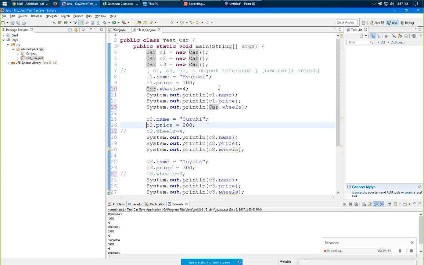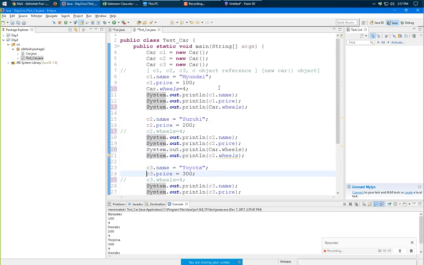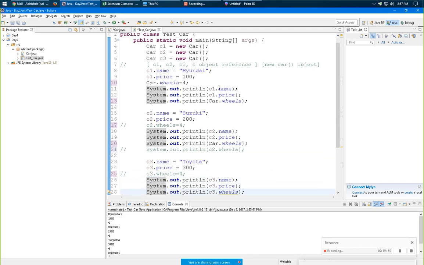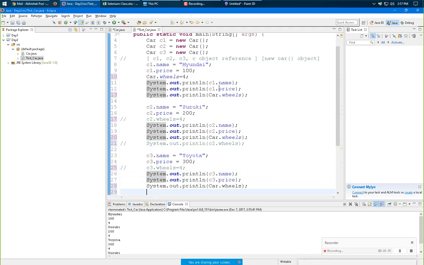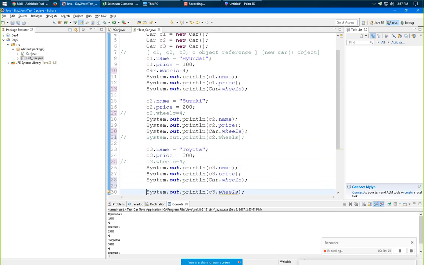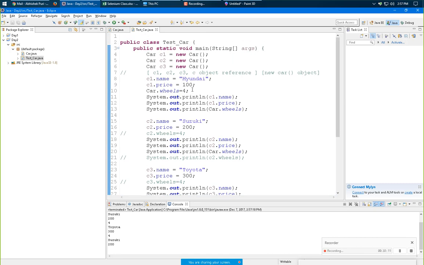Now the results are almost the same, but the difference is we are not wasting memory for wheels. Got my point?